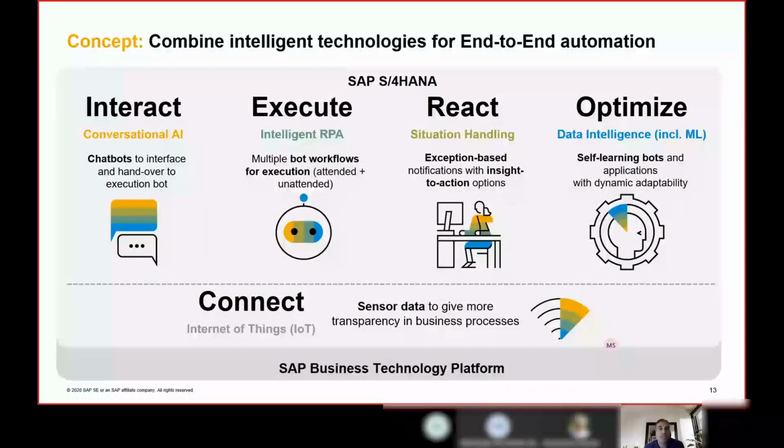Now, by this time, you would have understood how the overall architecture for S4HANA has been built and how the business scenarios have been delivered over here. With regard to the technologies, we have leveraged artificial intelligence, the conversational AI, which helps customers build their own chatbots or leverage the chatbots delivered by SAP to make the digital experience much smoother for the end users. Similarly, intelligent RPA scenarios are helpful for our customers to automate those business scenarios which are a kind of mundane task.